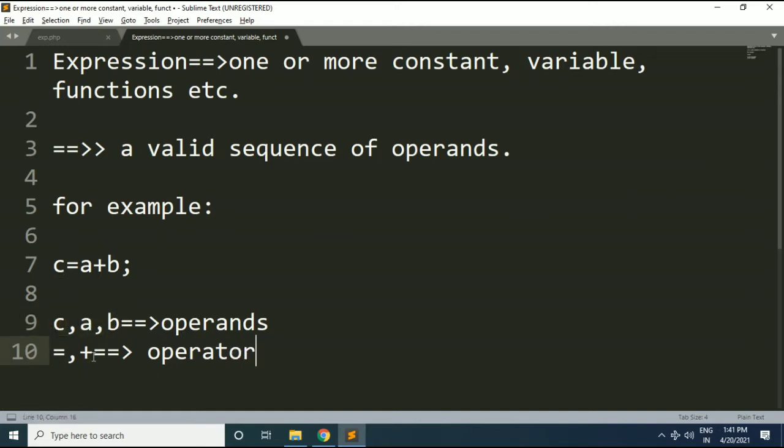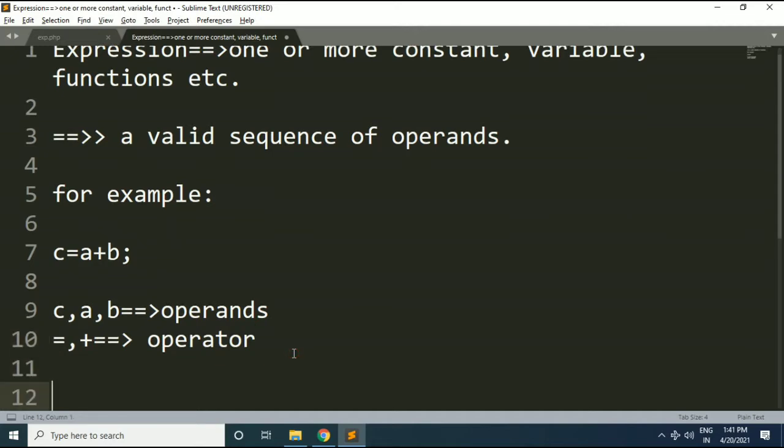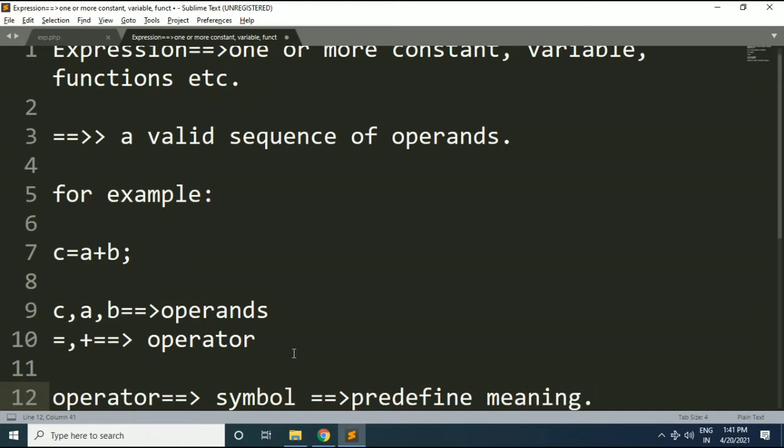Now friends, what are these operators actually? So operator is a symbol, and this symbol has certain predefined meaning. So as per predefined meaning, this operator or this symbol operates on operand.